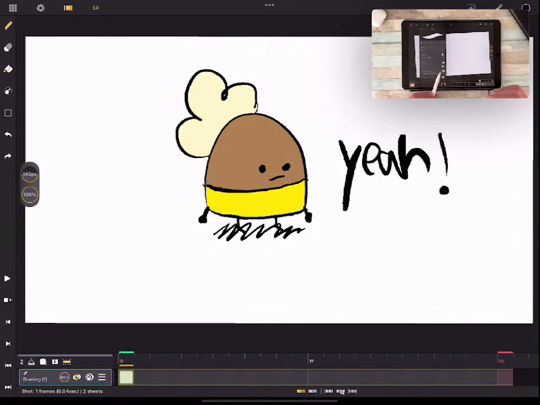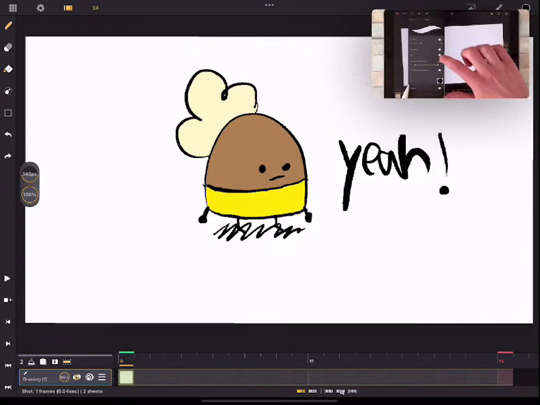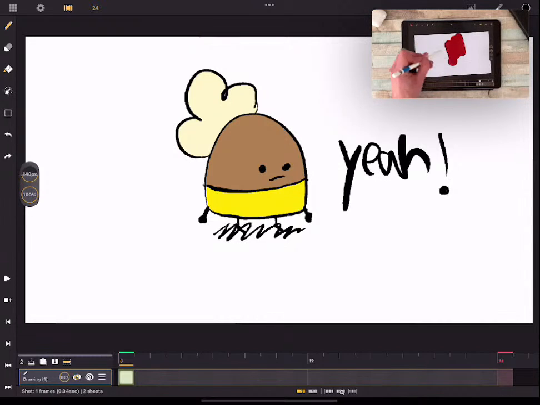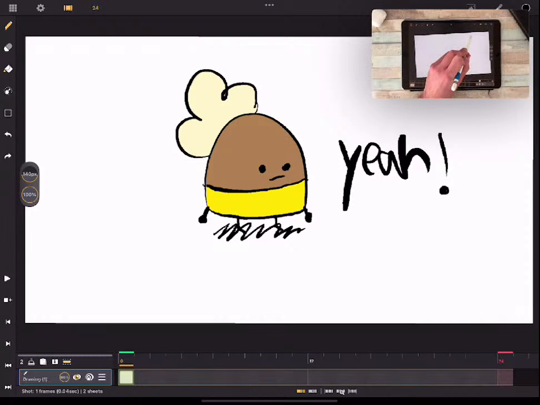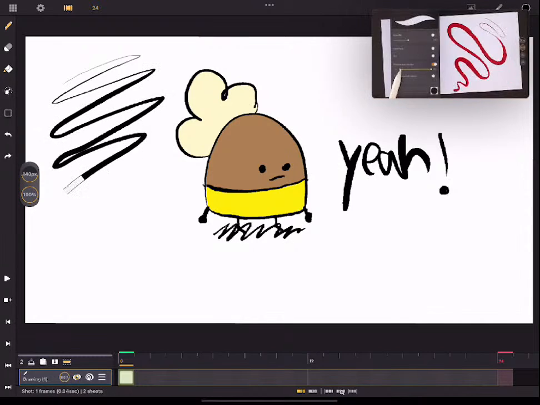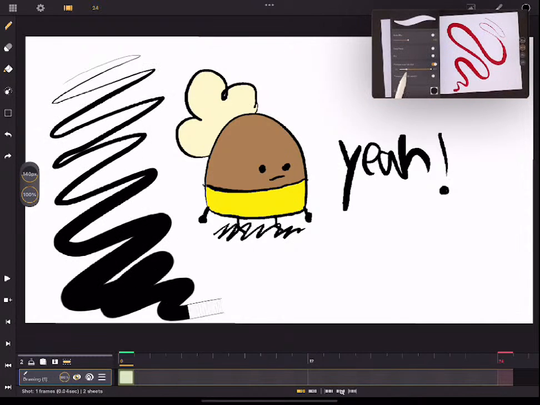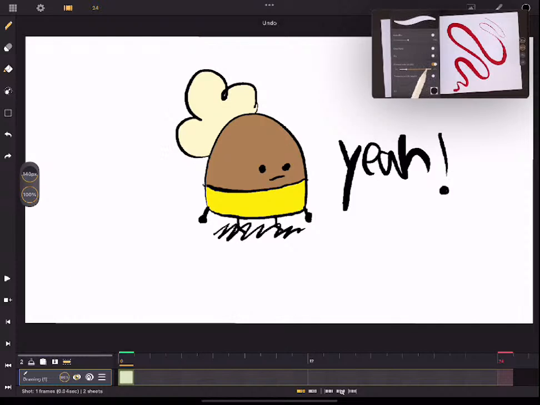So I will disable the color mix and the keep paint and talk about the pressure control size. I can deactivate it, so it will be like no pressure at all. And if I activate it, I have 0 to 100. So now if I press the least I can, it will be 1%, and the most I can, it will be 100%. But I can also say, okay, the minimum is 20 and the maximum is 80,